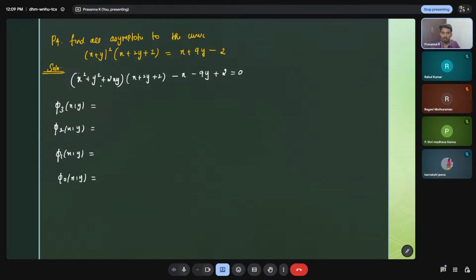So phi 3, when we get degree 3 terms: x square with this will be degree 3, x cube, and this will be degree 3, right? 2x square y, and then here we have one degree 3 term, which is x into y square, and here we have one degree 3 term, which is 2y cube,